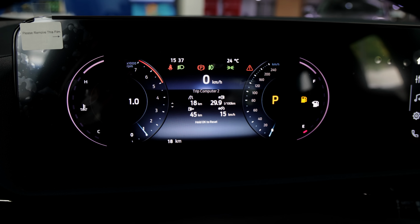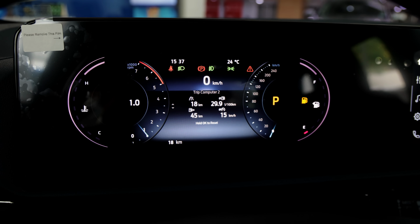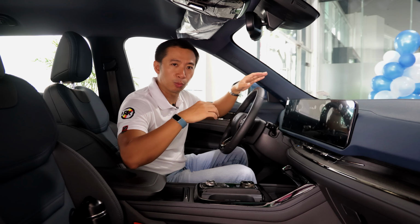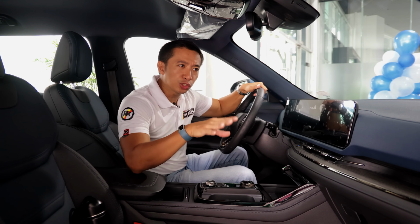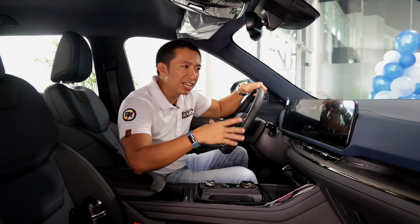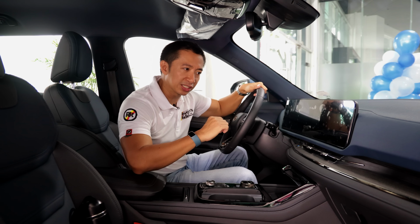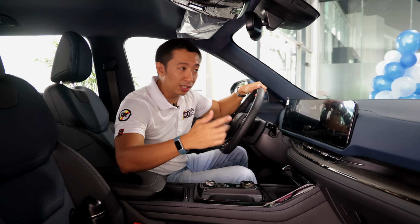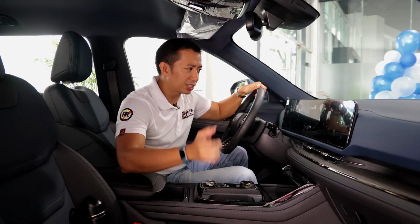But yeah, for me, that's not really a deal breaker because it works. I mean, it gives me the right information, so it works. It definitely works, pare. We also have just 6 speakers here versus the 8 speakers found in the top spec Titanium X. Other than that, this base trim is practically identical to the top spec Titanium X, which means that